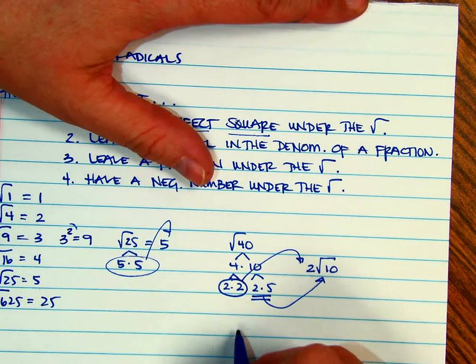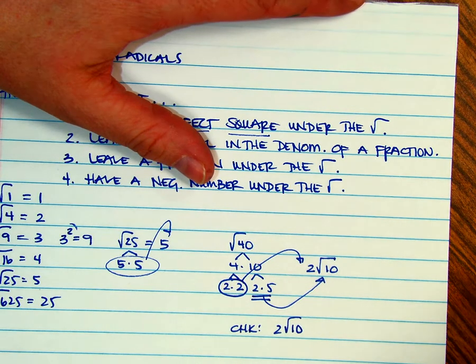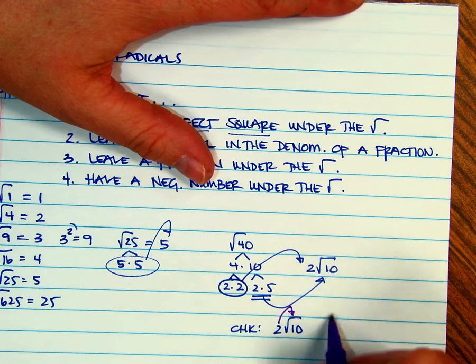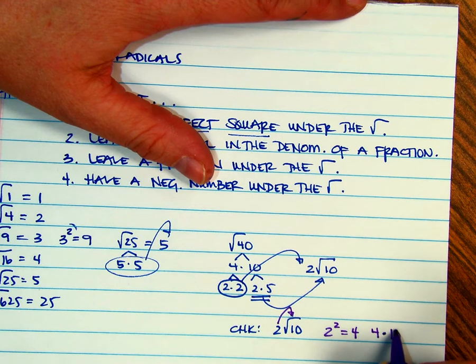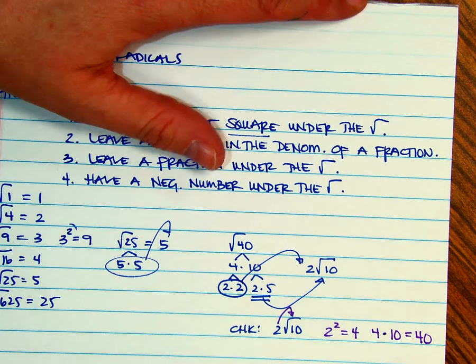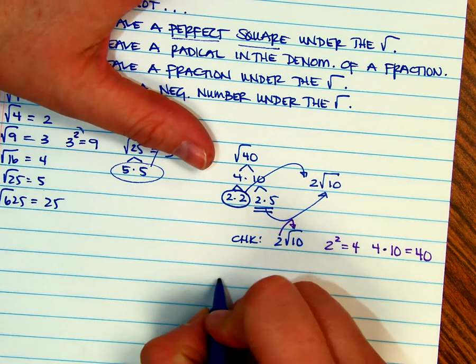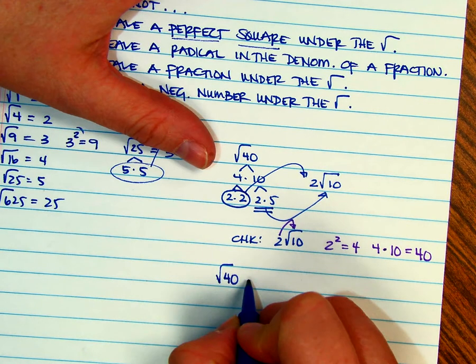You can check this by going backwards. So if you have 2 squared, so 2 squared gives you 4. 4 times the stuff under the radical of 10, and that does give you 40. So that should be the same as what you started off with. Here's another way of doing this. Again, this is not the method that I will be choosing. The square root of 40 is the same thing as the square root of 4 times the square root of 10. I recognize the